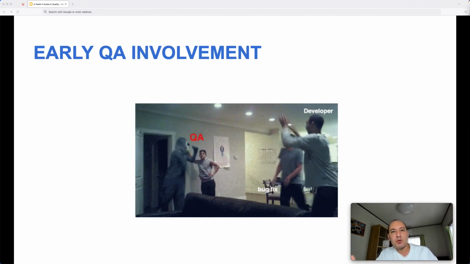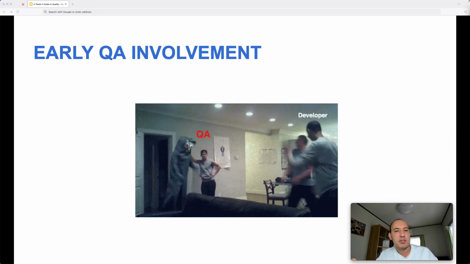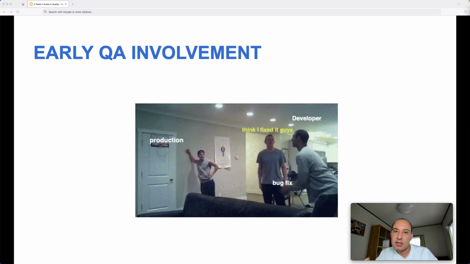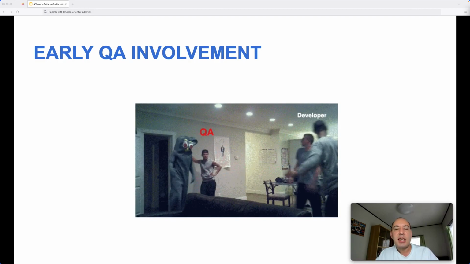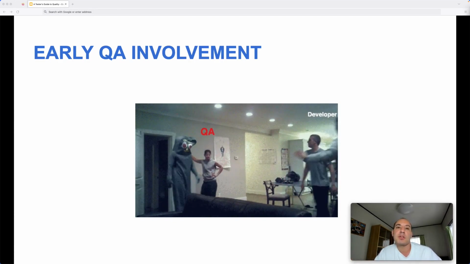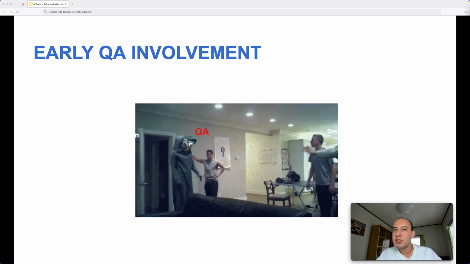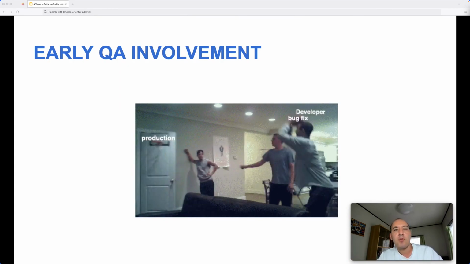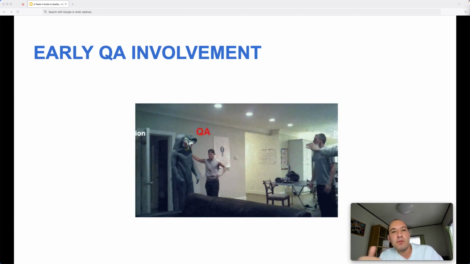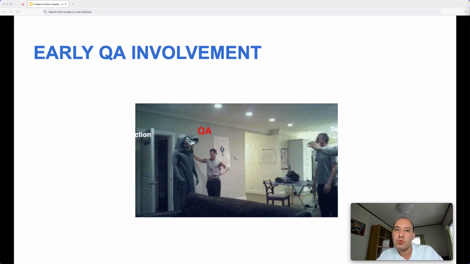So what we can do is try to encourage QA involvement in the early stages, even while designing the expectations or the specifications. In this way, even in the first place, we can discuss the testability of the requirements, right? Or if we see any usability issues, we can raise our voice, and even before starting the implementation, we can already reveal some room for improvement.